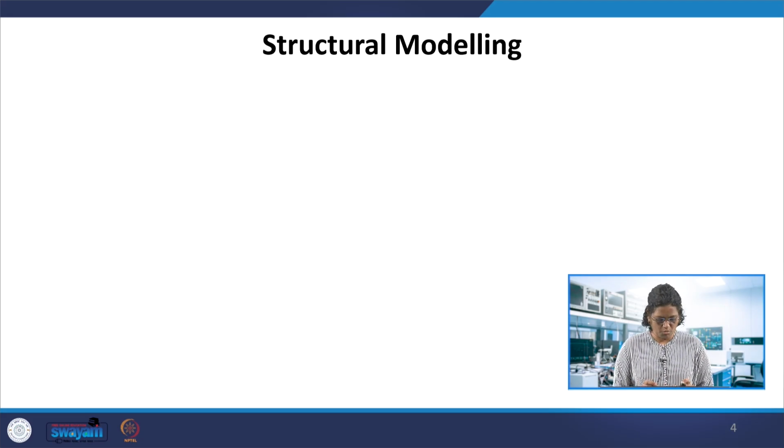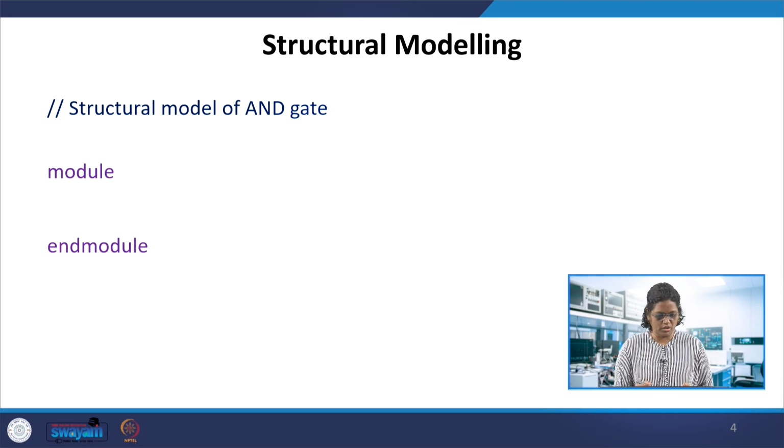So the structural modeling, we try to learn this with an example, to understand it better. The structural model gives as such the digital circuit what we have. So if we take the structural model, the Verilog module code for a particular digital circuit, here we take an AND gate for example.